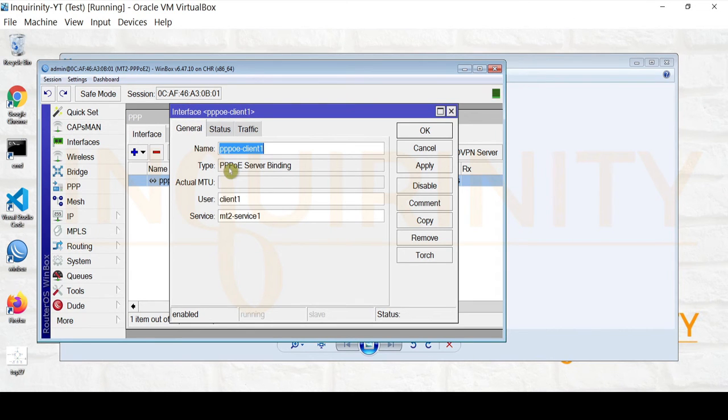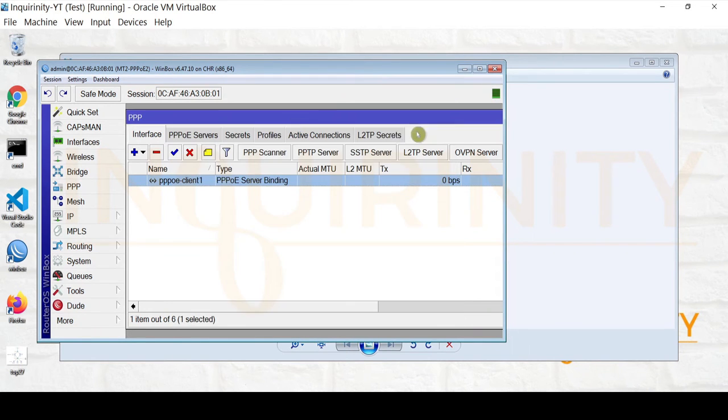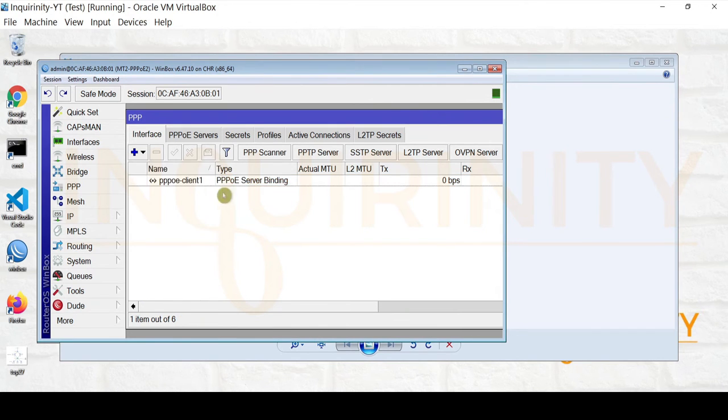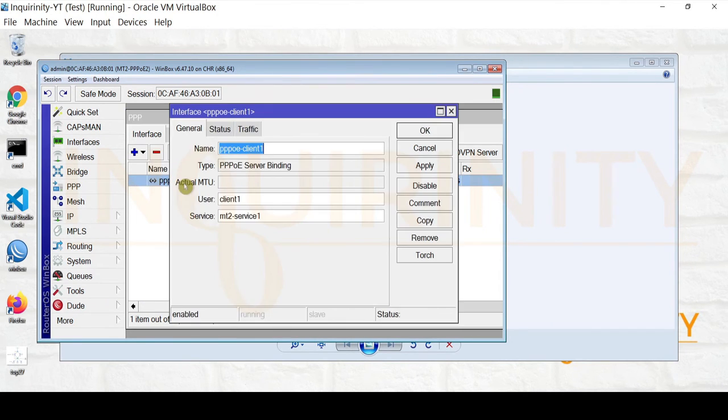Okay, so although it's a PPPoE client, don't be confused. This is still a PPPoE server binding because there is really a PPPoE client. But this one is the PPPoE server binding, only that the username is client1. So we put it on that particular descriptive name. So the user is client1, and the service for this one is